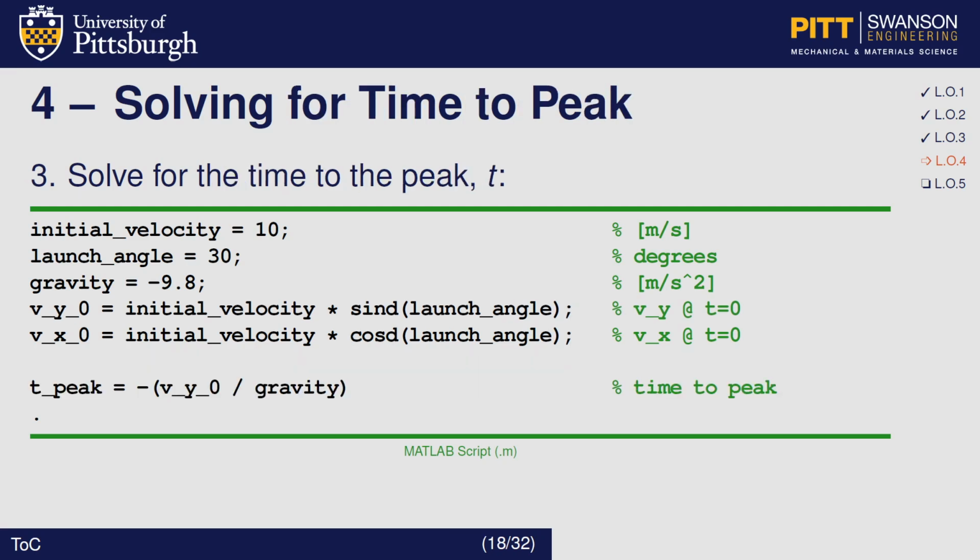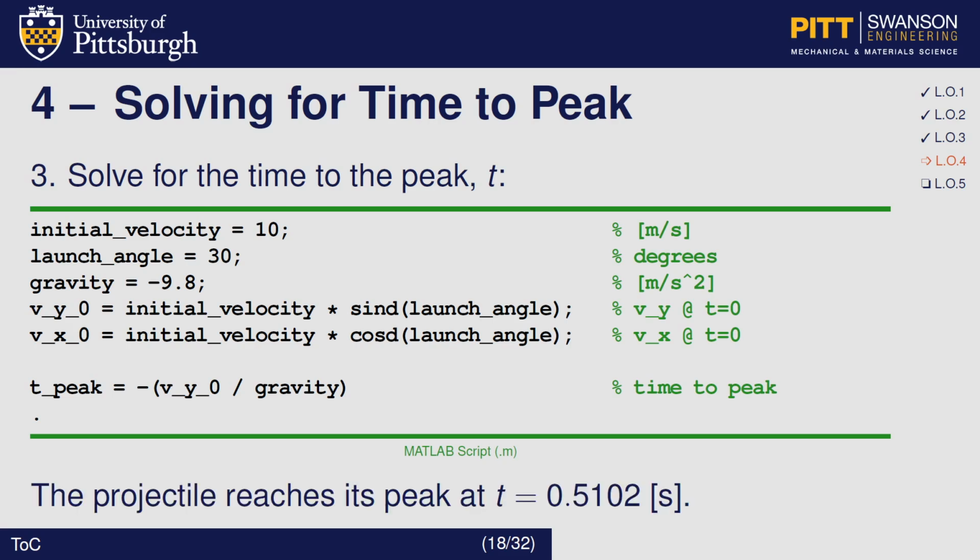Then, using the equation denoted as step 1 earlier in this lecture, we can solve for the time to the peak. Note that in this equation, I place parentheses around the division term. This is not strictly necessary, but it does help to convey the equation better. It is found that the value of t is 0.5102 seconds, which again represents the time to the peak of